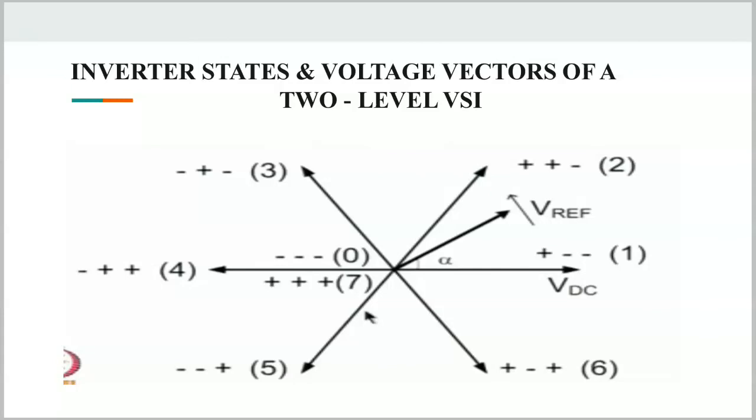This is a space vector plane. It is a revolving vector and we have to sample it every time. If a sample falls in this sector, we use active vector 1, which is shown by plus minus minus at VDC, and active vector 2, which is shown as plus plus minus. The null vectors include minus minus minus, represented as 0, and plus plus plus, represented as 7. These both are called null vectors. They are included to produce the average vector.